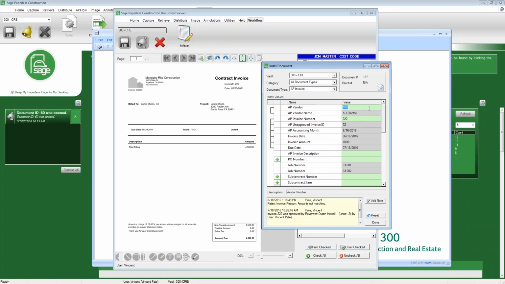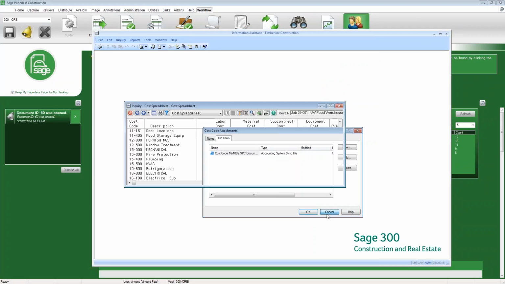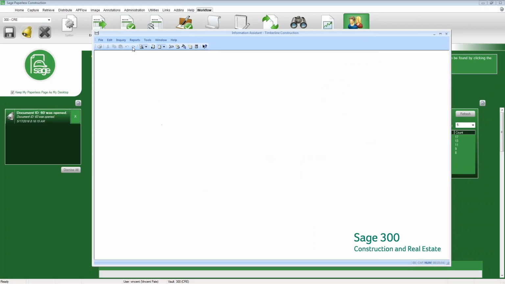I could search by the vendor and find this, or I can find this by the date or the invoice amount, the due date. It's got multiple jobs, multiple job cost phases that I could look for it by GL account. I'm not limited to how I want to find these. We just want to make this as simple as possible for you to get these documents that have all been stored in the system. So pulling up right from here, being able to see the cost code through the inquiry there,